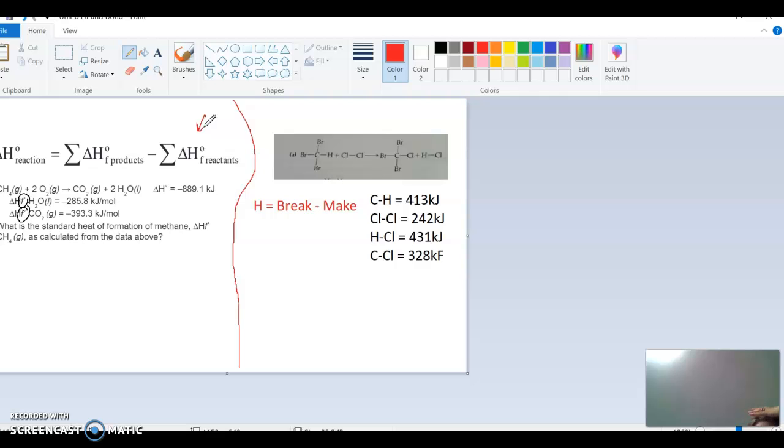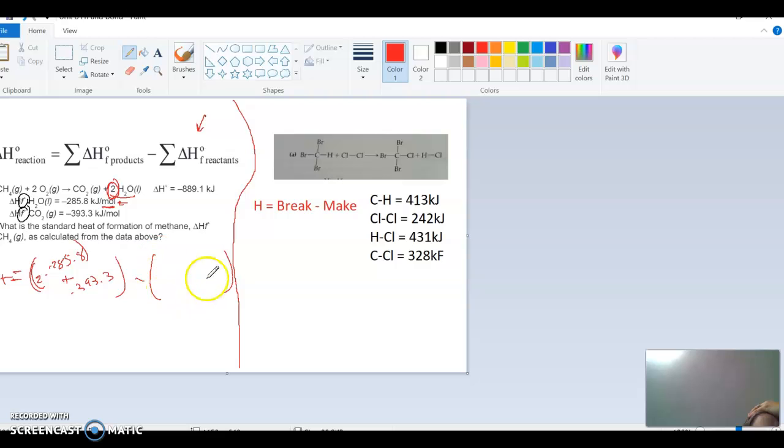So the equation looks at products minus reactants. So my change in H is going to be all the products minus all the reactants. Here my product is going to be 2 waters. Each water is worth negative 285.8, so I have to do 2 times negative 285.8. I have to do it times 2 because there are 2 waters, and this number is per mole. There's 2 moles of water. So I'm going to take my water number, 2 of them, plus my CO2, which is negative 393.3,